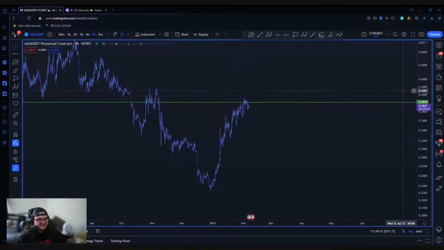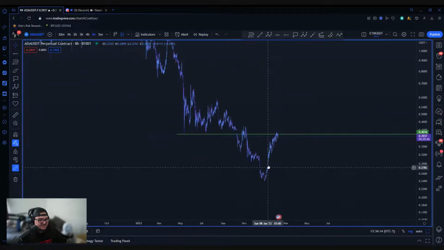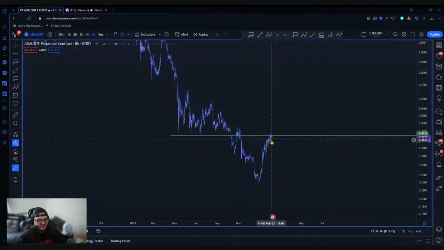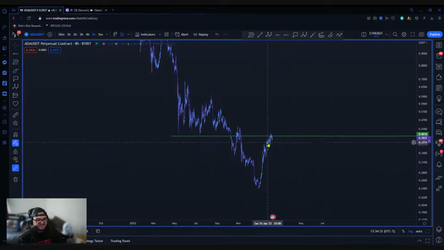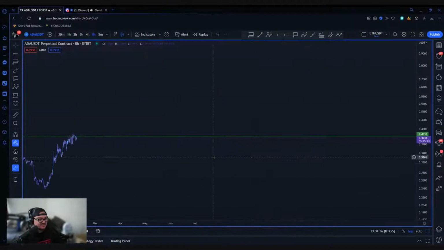As you can tell, we're kind of fighting in this region right now. I think if we get a clear break, a much more continuous pump, we're really going to pump on ADA. Me personally, I bought some spot at 40 cents. I actually bought a little bit more at this region again, but I'm not going to sprinkle in my entire position up here just in case we do break to the upside. But I don't plan on taking any macro positions on this.